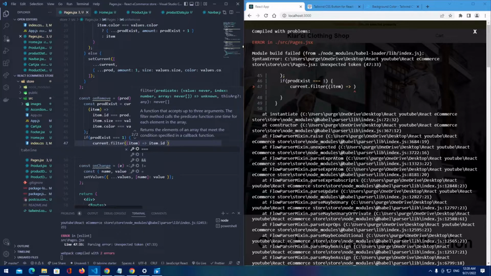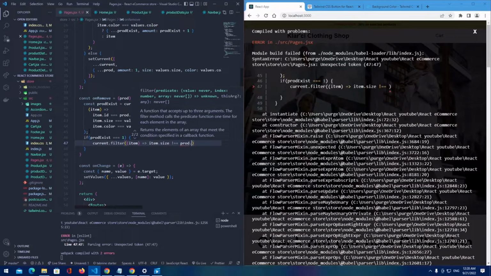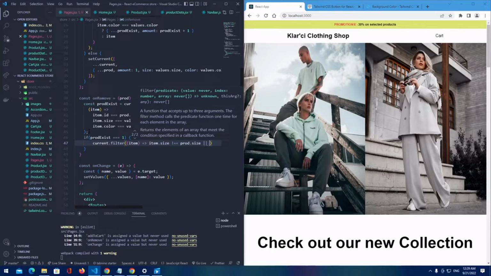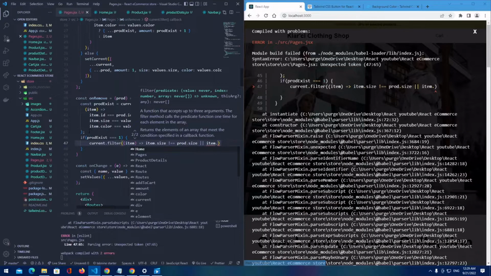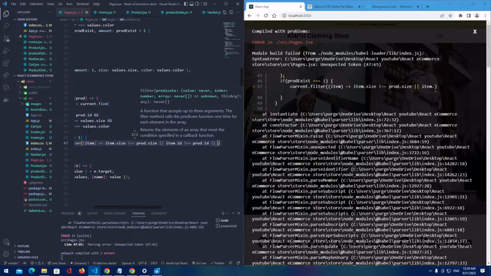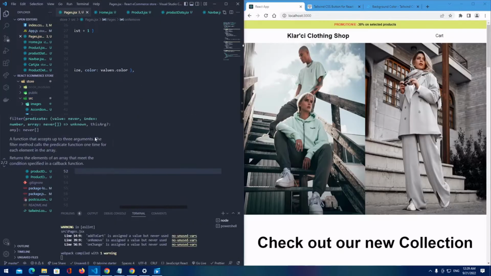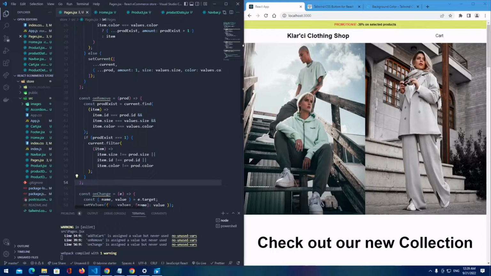Let's add item.size, it's gonna be different from product.size, or item.id is gonna be different from product.id, or item.color is gonna be different from product.color. Okay, that's how we're gonna remove the item if it exists, and otherwise